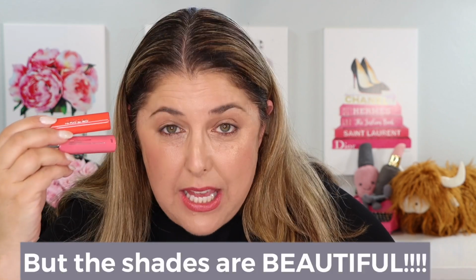The Haus Labs, so I really like the direction that Gaga and House of Gaga is going with these makeup lines. These are my least favorite. I found they feathered from the jump and needed more than one layer or they were patchy. When I did 2 to 3 layers, they were no longer patchy. And the color is really pretty, but these on application have a little bit of a rubbing alcohol type scent,